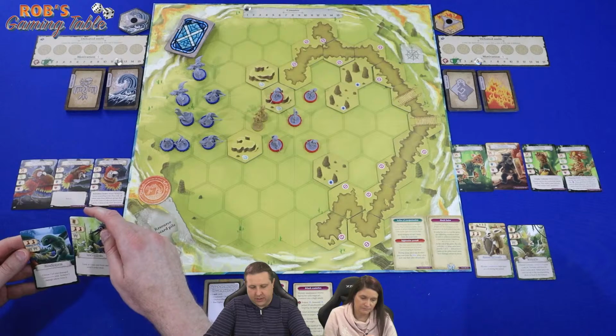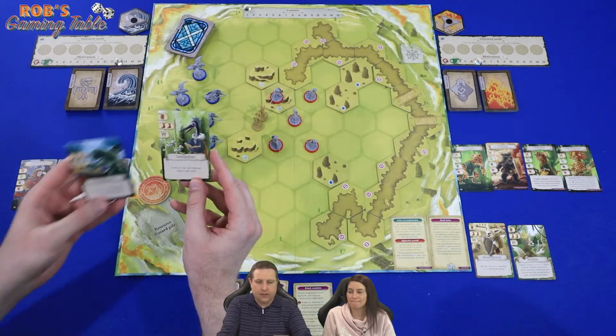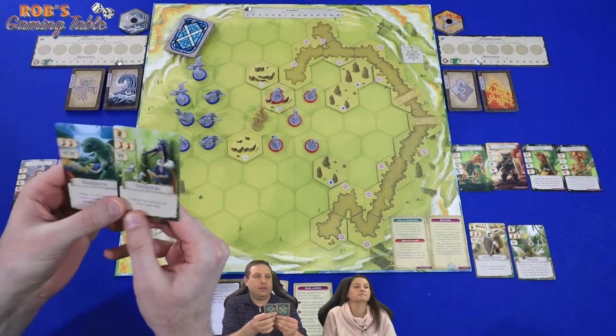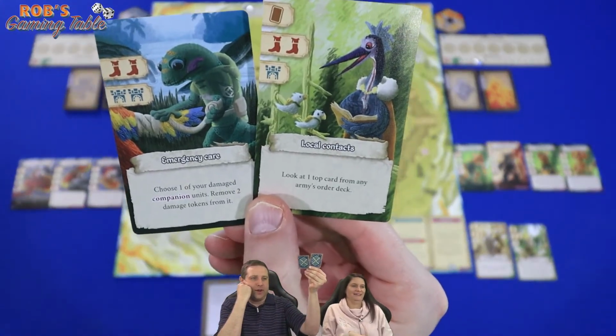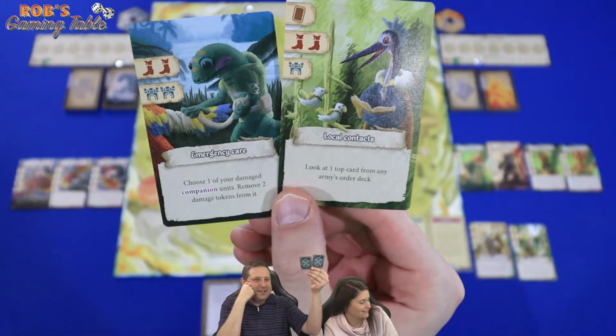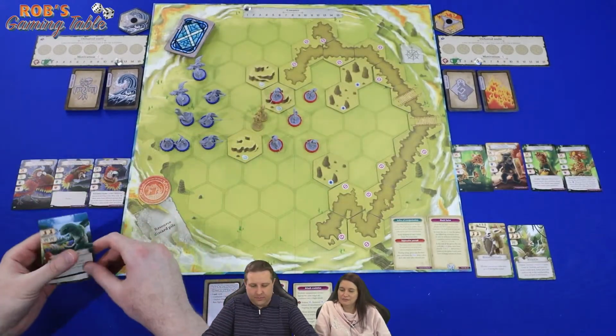So I'm first. I got local contracts. I can look at the top one card from any army's deck, or emergency care, or I can do some healing after I poison people. But I don't have that combo right now, so choose one of your damaged companion units, remove 2 damage tokens from them. Okay, so